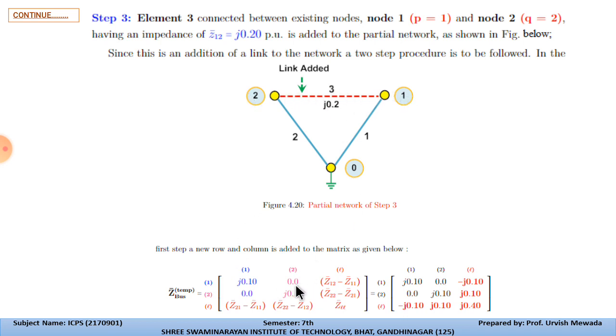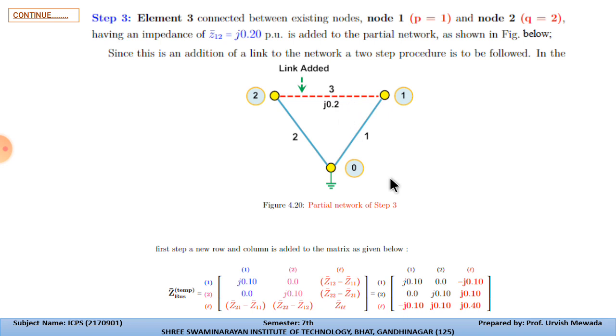And ZL, the link which is added over here, for the red mark, is Z12 minus Z11, so for this it is minus j0.10 from this, so Z11 is 0.10, and Z12 is